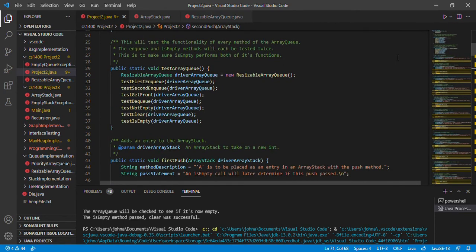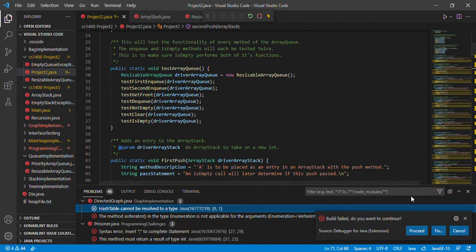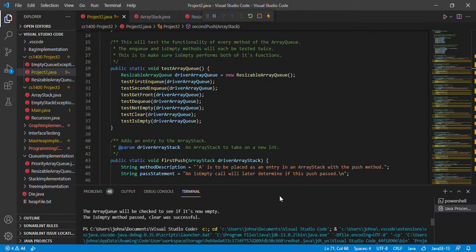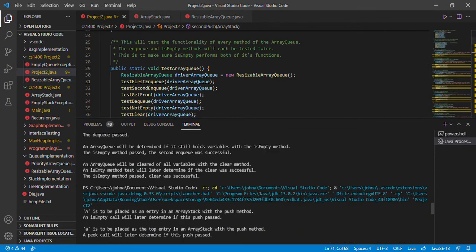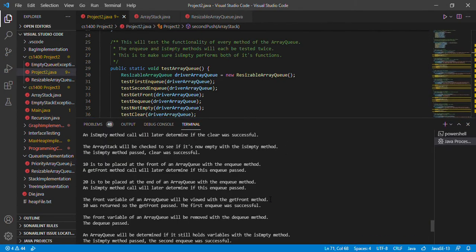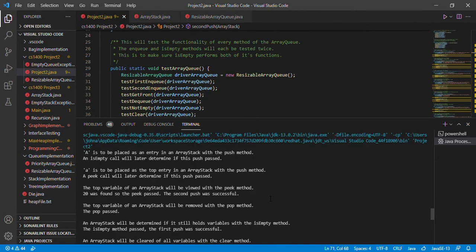So let's demo run the program. And I have a problem with my pathing right now, but if I hit proceed, the program runs just fine. There's just some other things I need to work out with Visual Studio, but the program I have actually does work. So I push a big A, and I push a little a, and originally I was doing ints, but then I switched to chars.